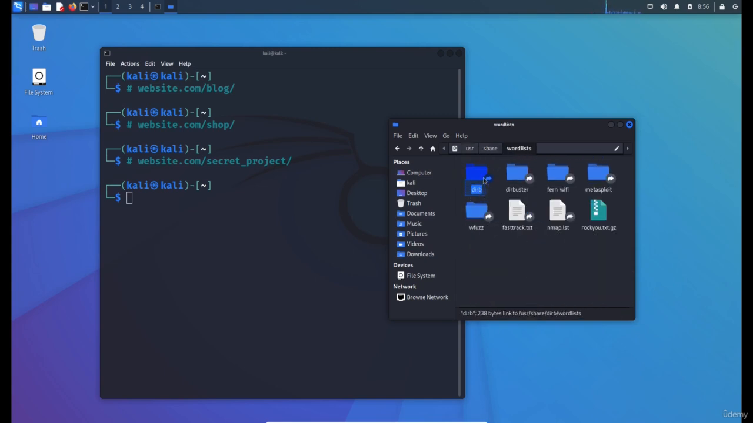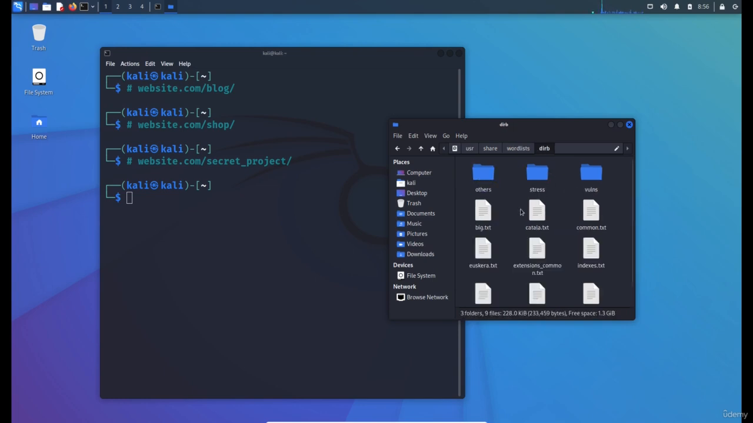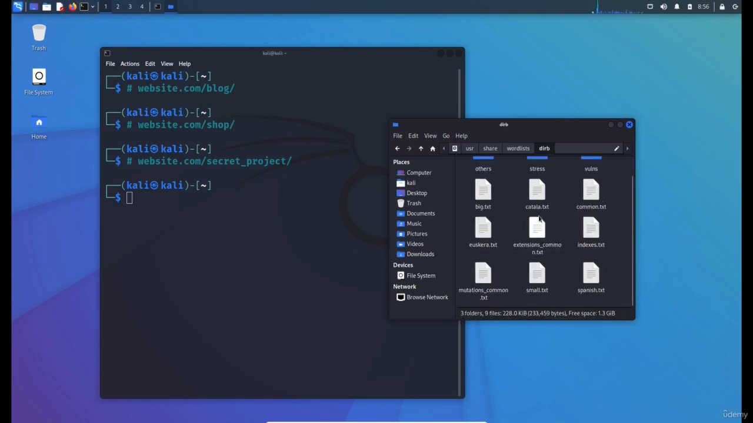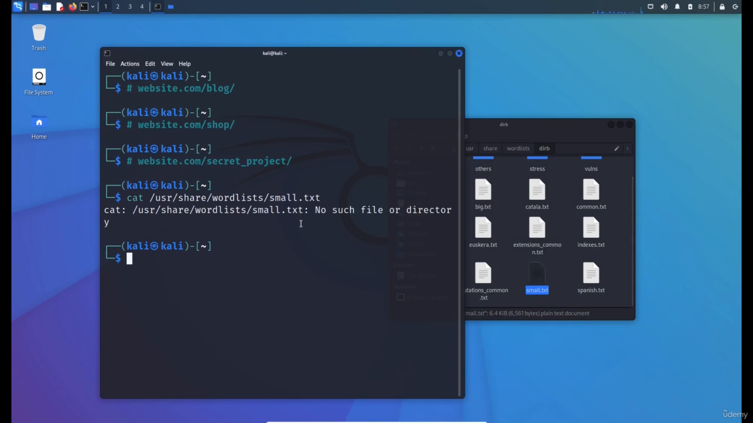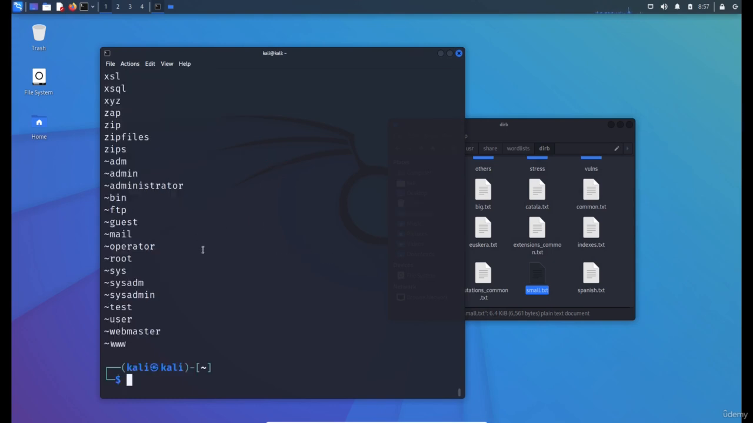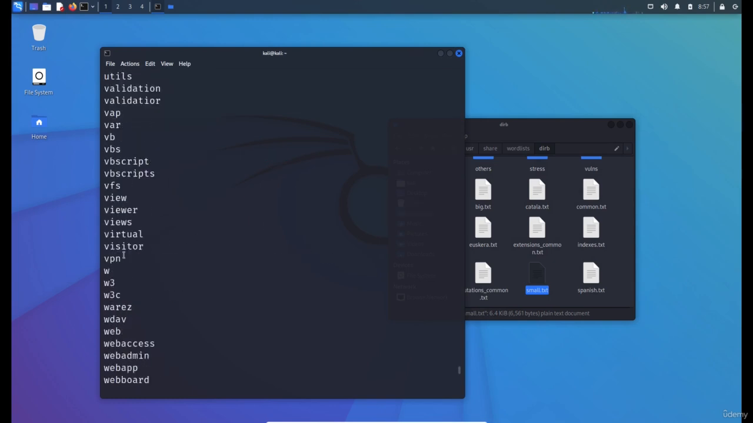You'll see a directory called dirb and dirbuster. Those contain text files with word lists, and they can be really huge or just small. Let me just show you a small one. So /usr/share/wordlists/dirb/small.txt. This will output the contents of this small.txt file. You'll see it will try all these directories by default to see if they exist on the